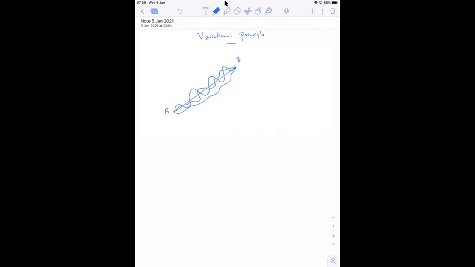Like, why does a certain particle follow a very specific trajectory when it goes from A to B, right? So this is our main focus for today's lecture, and we will derive a mathematical expression to solve this problem, right? So that's the aim of the lecture, and ultimately we will get the Lagrange equation, right? So that's what we will have at the end. Now the question is, let me write it here. The question that we try to answer is